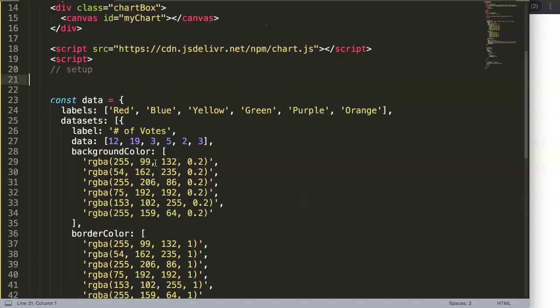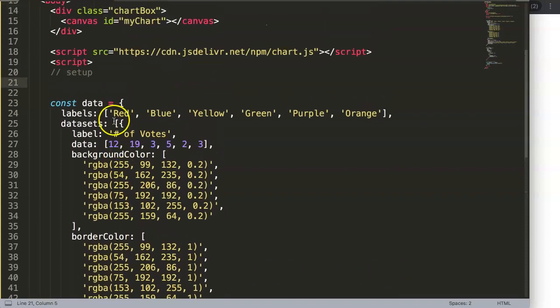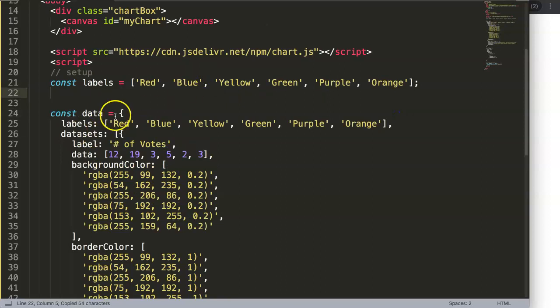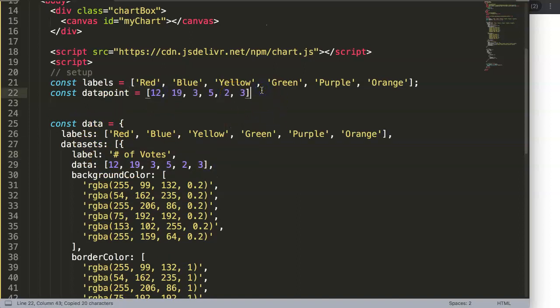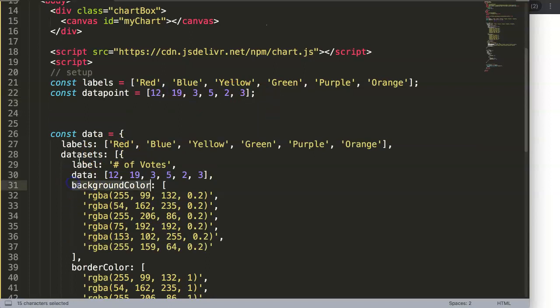So what we're going to do here is I'm going to create multiple constants, and just for the sake of simplicity, I'll just grab the same names here. So I say labels, well, we need to make a constant first, labels equals this. Alright, next we have another constant, and that will be the data. I'll call this data point. Let's say data point equals the data point here. This should be a semicolon, and then we have another one here which would be the background color. So we say const background color equals this background color here. We grab all of these,